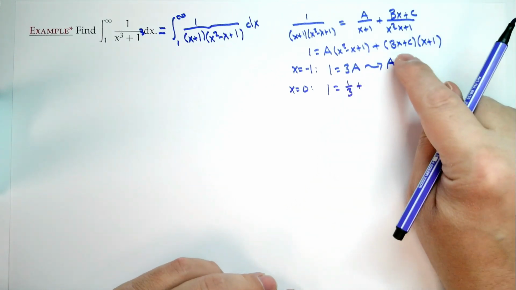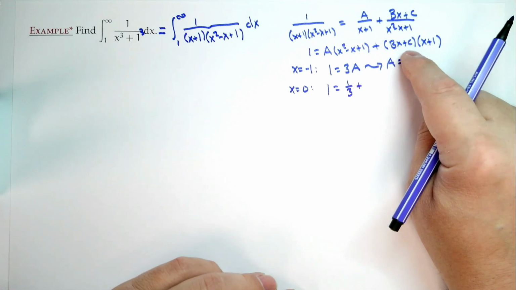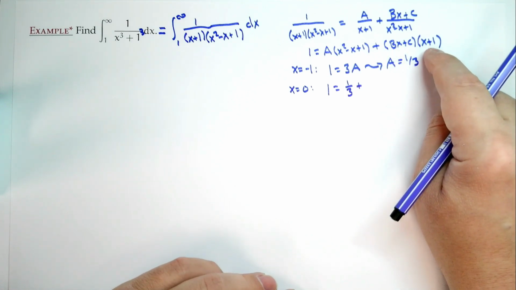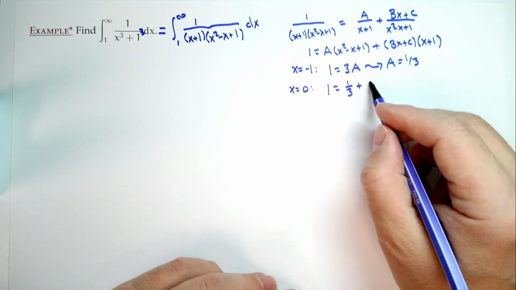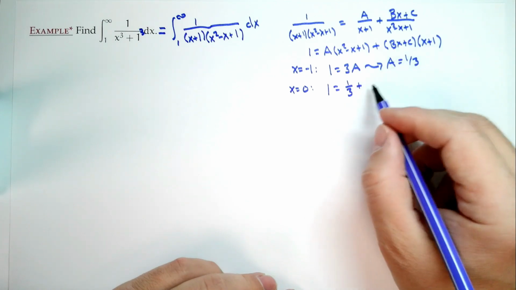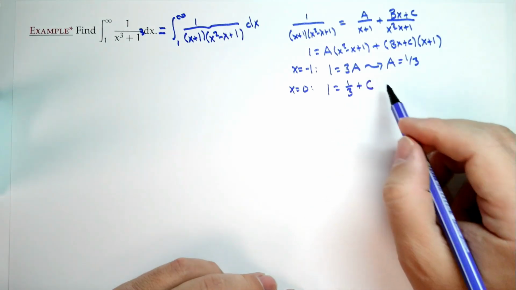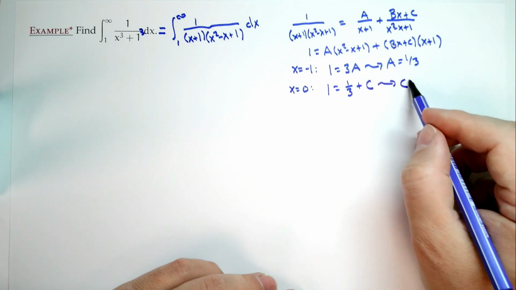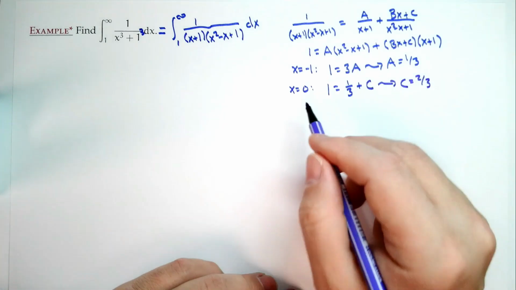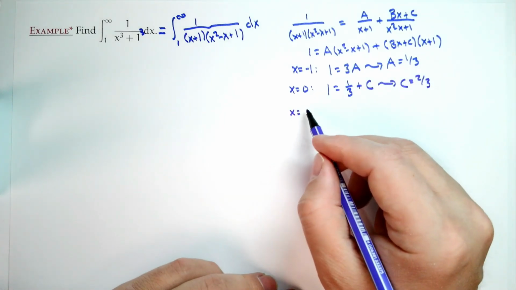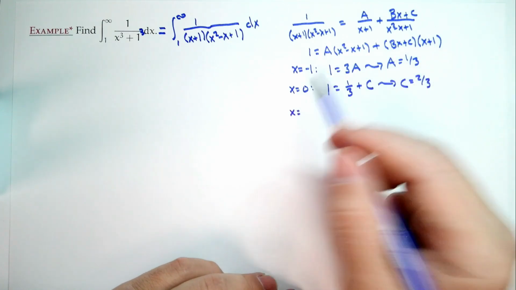Plus, here, 0 plus c, which is c, times 0 plus 1, which is 1. So that's plus c. Okay. So now I can solve for c. c is 2/3. Well, I don't see any other good numbers to plug in, but I know a good number is